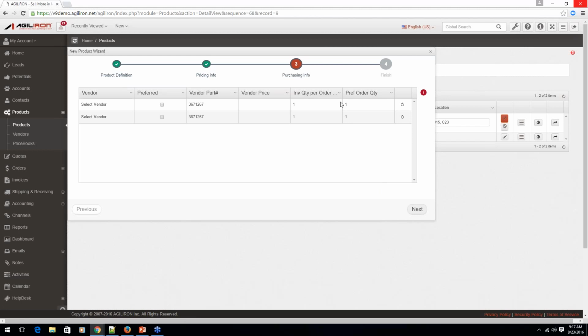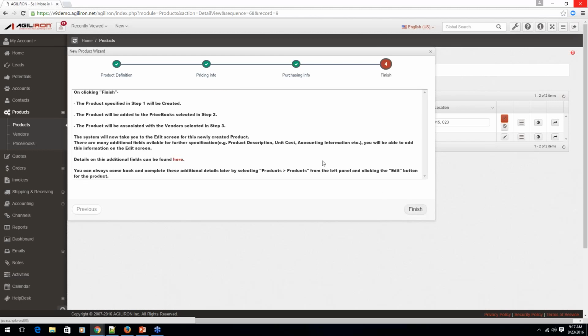So this is the purchasing side of it. Who do you buy this product from? So I can select the vendor. I can say this is the preferred one. The product code is automatically entered as the vendor part number, but you can modify that here if you want. You can enter the vendor price that you want to buy this at. Let's say it's $345. And then this is the conversion, inventory quantity per order quantity, and how many you typically order. So you can do all of this now in a step-by-step fashion, and you click next